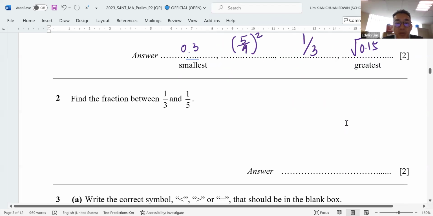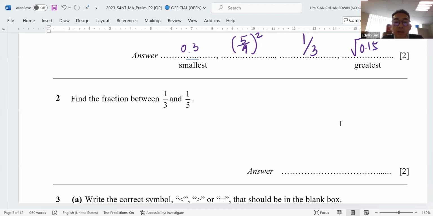Go on to question number 2. This is question number 2. Find the fractions between 1/3 and 1/5. I will show you two ways of solving this. The first way is to change the denominator to be the same. So I will times 5 here. At the other side, I will times 3. I hope you can see it become